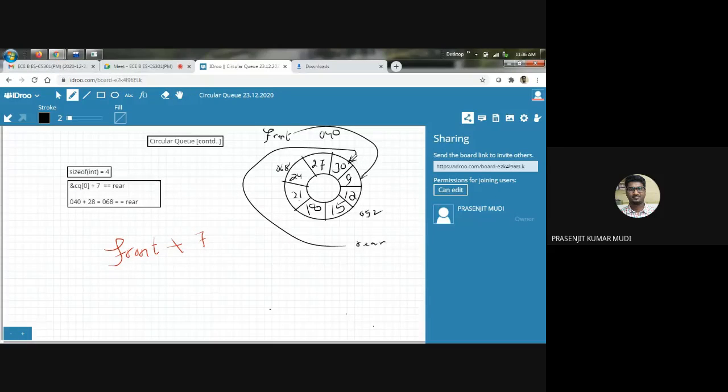ঠিক আছে? Okay, so this is another test case. Okay, so at this moment the circular queue is full. So front equal to 48, rear equal to 44. Now tell me, how can we modify the code so that overflow will be the result? What condition we will check? Sir, if rear is less than front, so যদি রিয়ারটা ফ্রন্টের থেকে লেস হয়, মানে সেই কন্ডিশনটা যদি দেওয়া যায়।